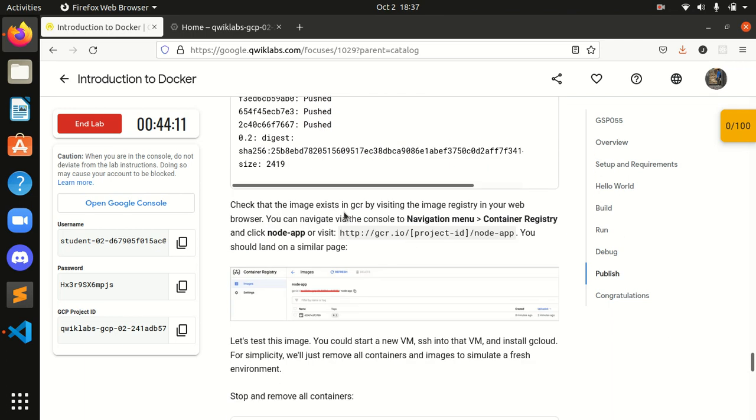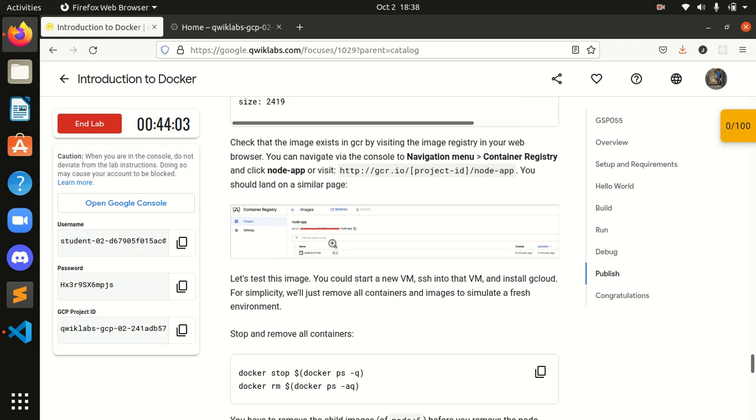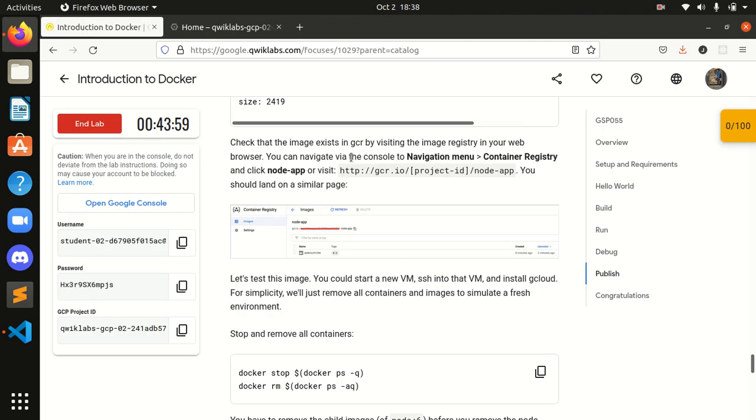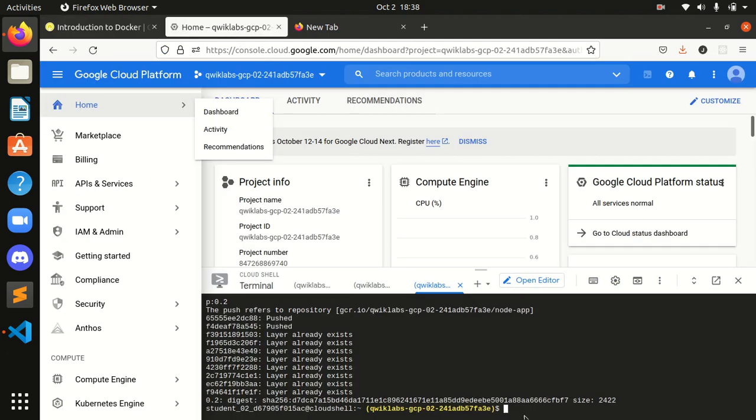Now check that the image exists in GCR. If you want, you can check this in our browser by going to this address and replacing it with my project ID.